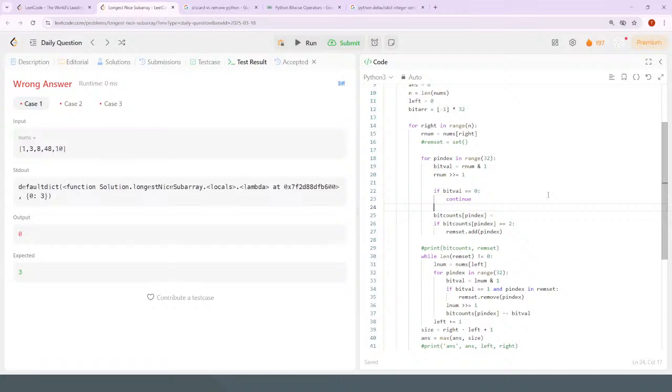Then the left side needs to remove this number. The left side needs to remove this number. So if this number is past where the current left is, then